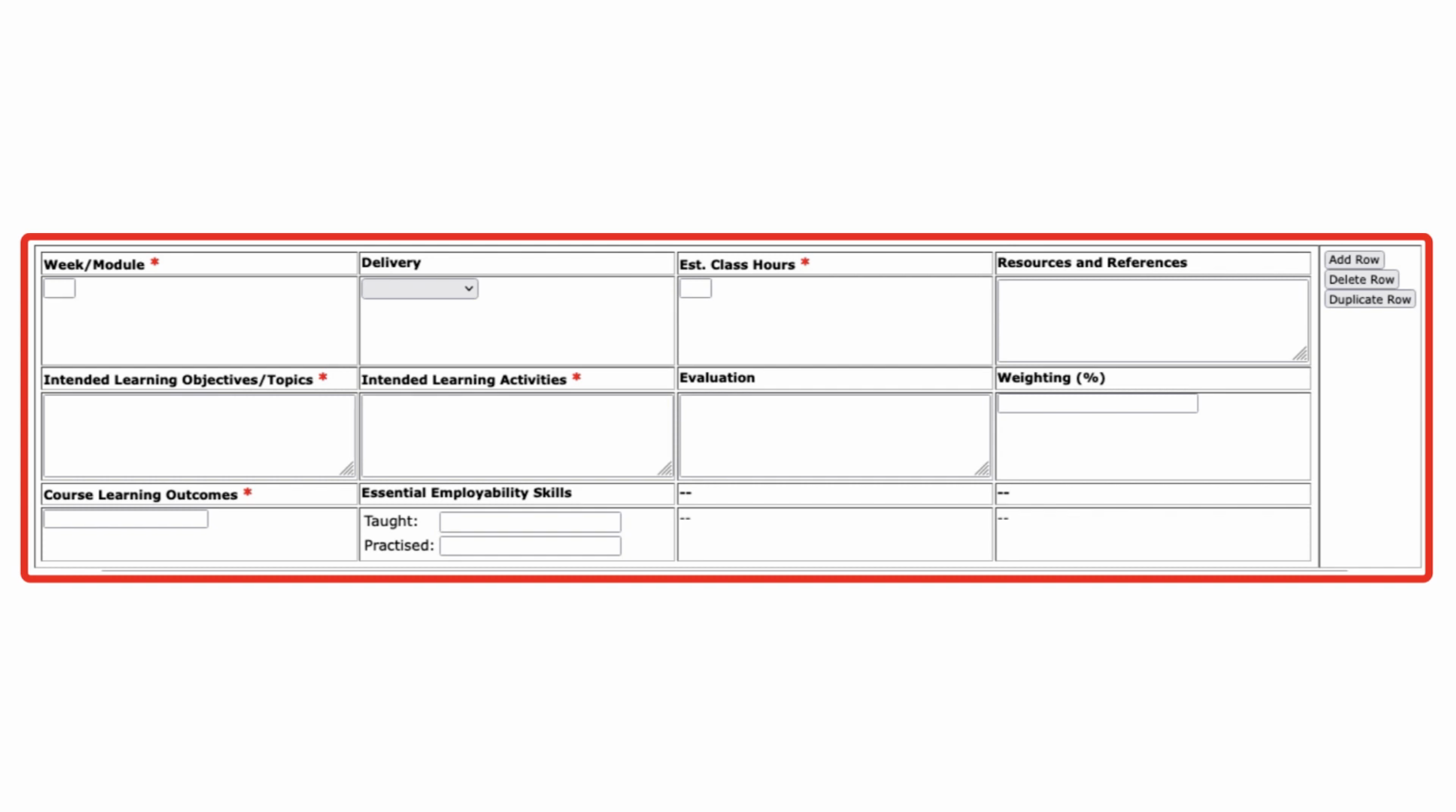Section 12 of the course outline template is the learning plan. It is organized using rows. Each row contains fields that help delineate the weekly plan of the course. They describe the method of delivery, number of class hours, required resources, and the expected weekly learning objectives/topics and learning